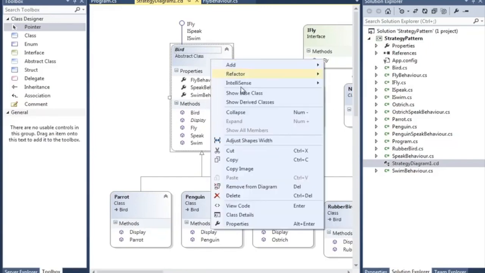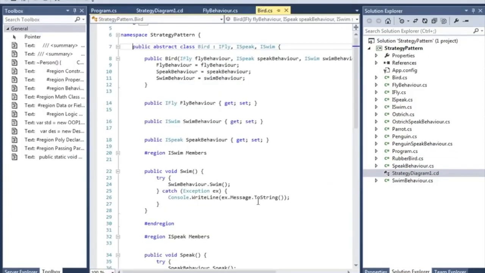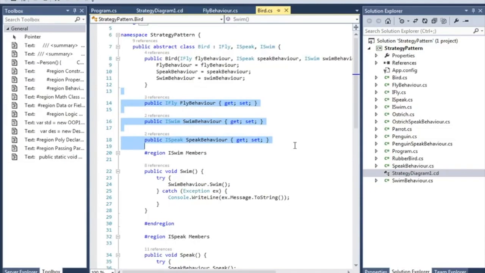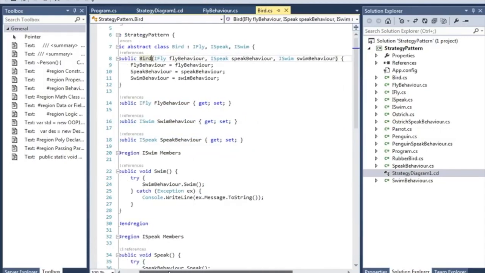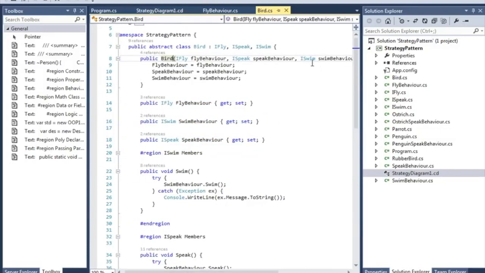If you go to the code here in the abstract class, I have 3 public properties, iSpeak, iFly, and iSwim, and an explicit constructor, which requires specifying those 3 things.